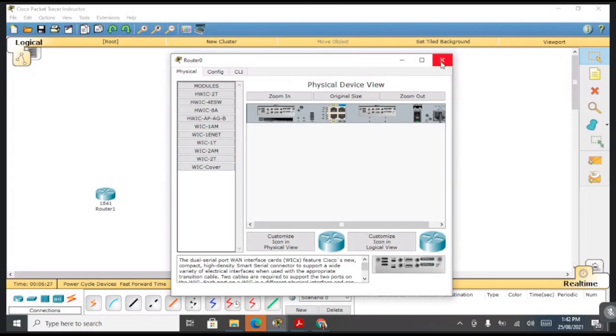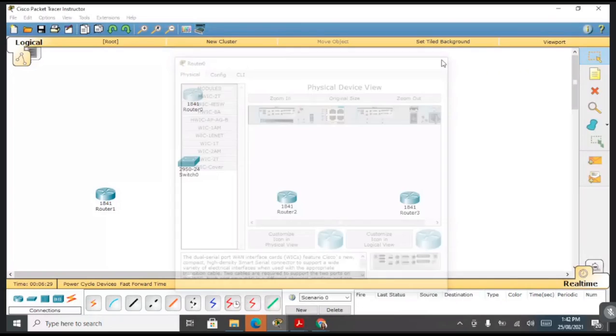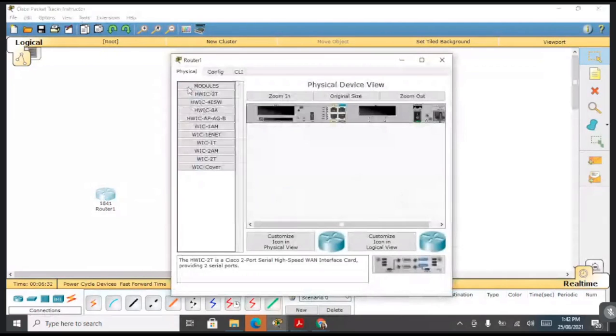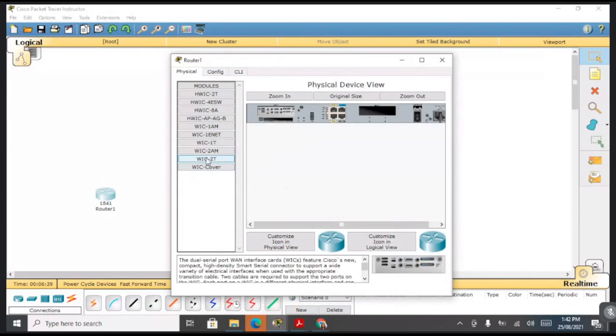Now this is for router 0. Same again, click on router 1, on Physical choose WIC-2T, before placing power off, then place this module here, then power on.